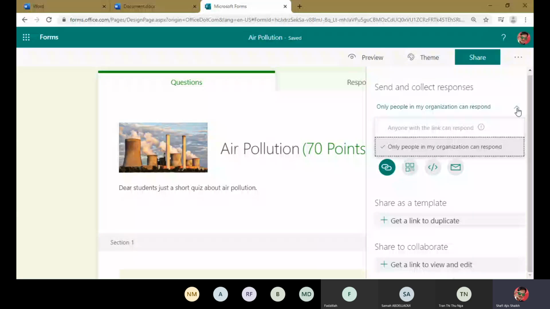Okay. File upload is only available when only people in my organization can respond, because I have given questions of file upload. That's why I cannot share this form with any other people that are not in my organization. If I want to turn on this button, I must delete the questions of file upload. Okay, if I delete these questions,